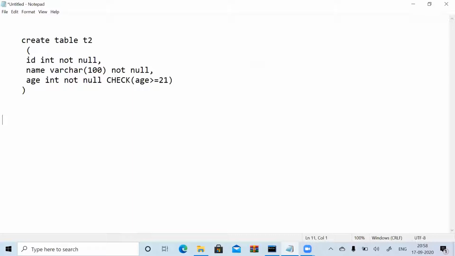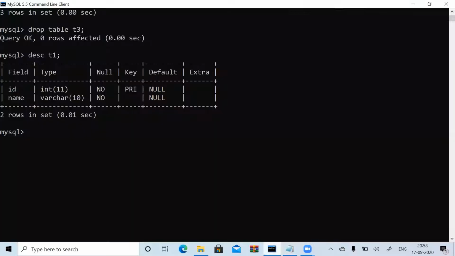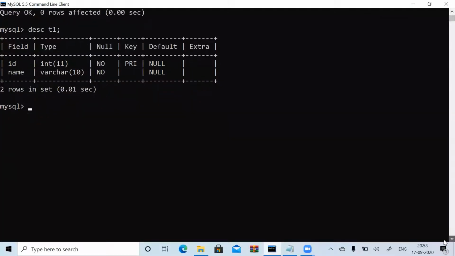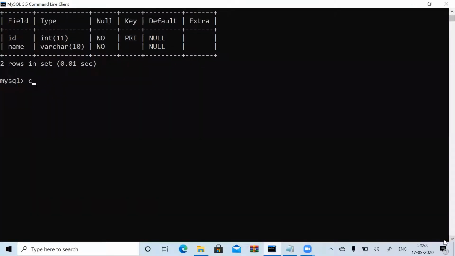So now let's take one more thing: how to use default. Suppose I create one table. Create table, and the table name, let's go with T4. Now I have given ID and I have given it unique. I have given name as varchar, which is not null. Next I have given city, which is a varchar.